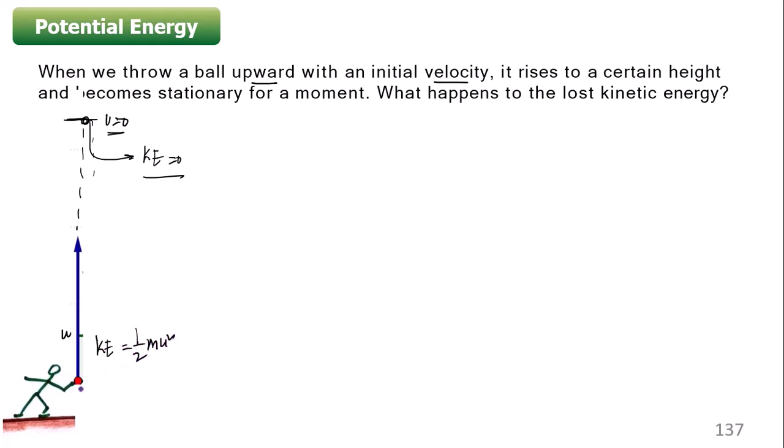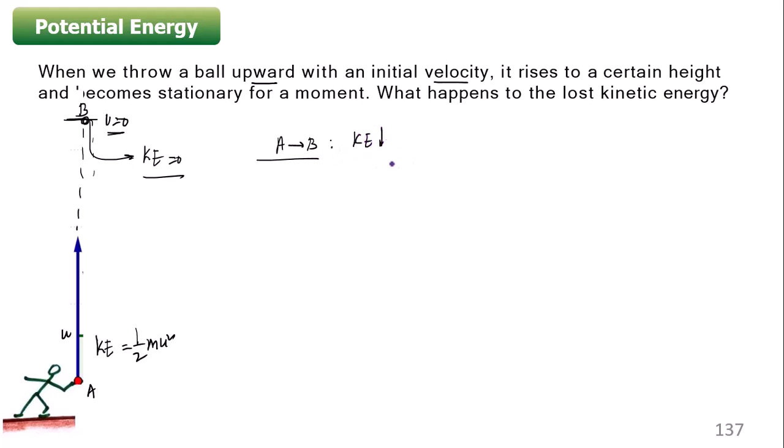Okay, at the initial point, let us say point A. And at the final point, point B, the kinetic energy comes to zero. So throughout the movement of the particle from point A to B, the kinetic energy is reduced. Now, once the kinetic energy is being reduced, that means if one form of energy is decreasing, then some other form has to increase. What is that form? The potential energy. So in the movement of the particle from point A to B, the kinetic energy is going to decrease. Okay.